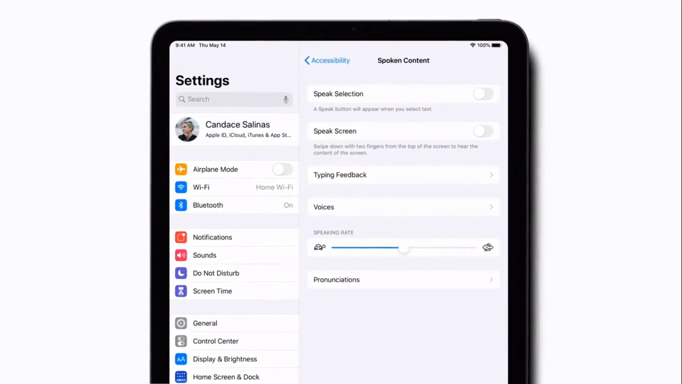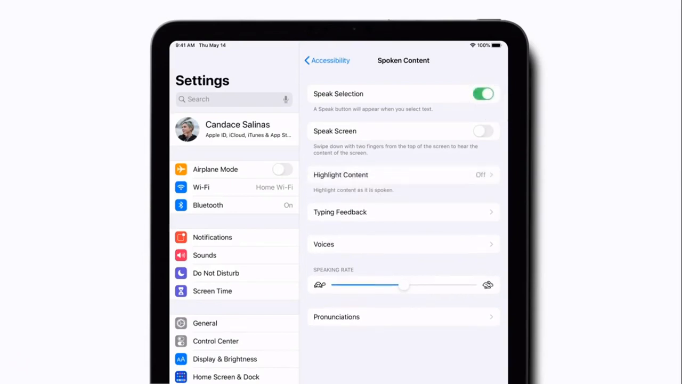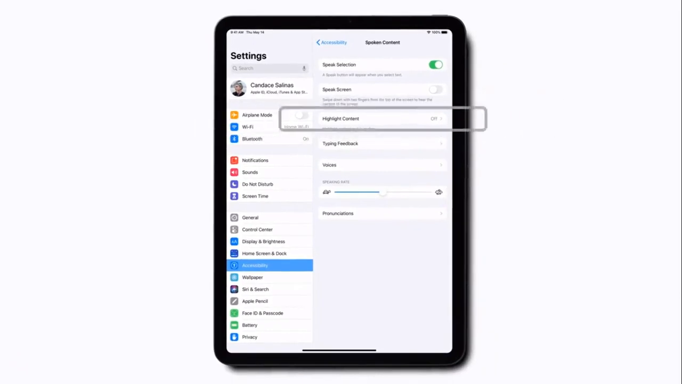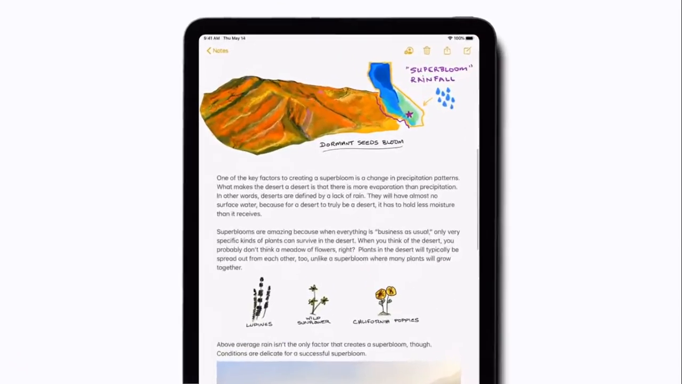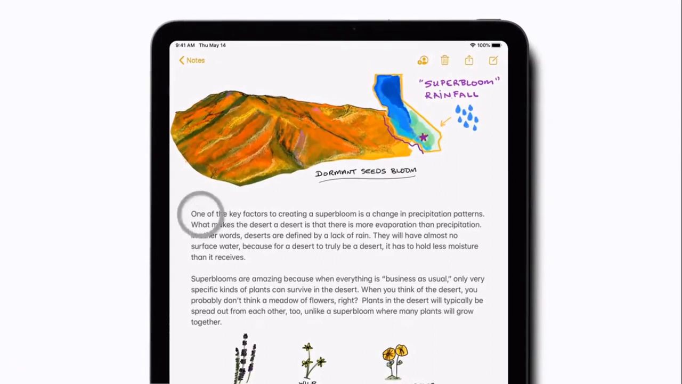Speak selection will read aloud text you select in apps like Notes, Mail, Books, Safari, and more. When you turn on Speak Selection, the Highlight Content option will appear. This will highlight words, sentences, or both as they're read aloud. Here's what Speak Selection looks like in action. Just select the text,